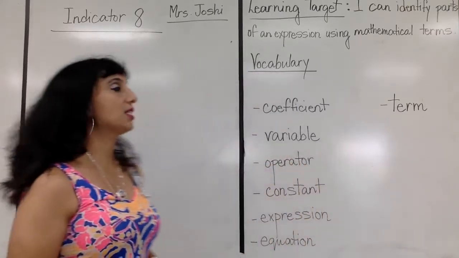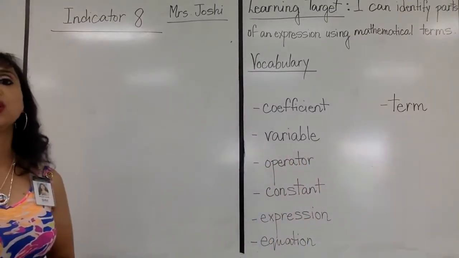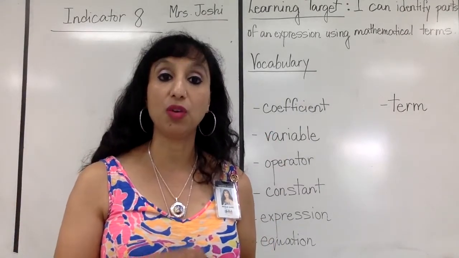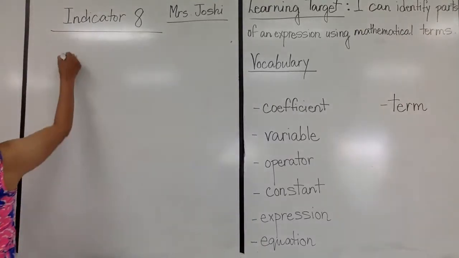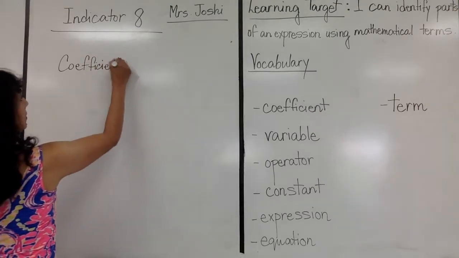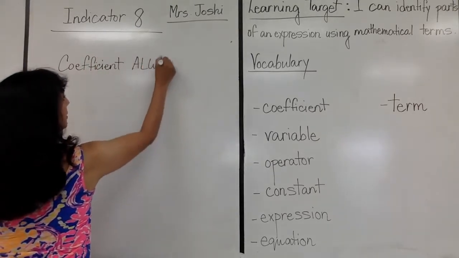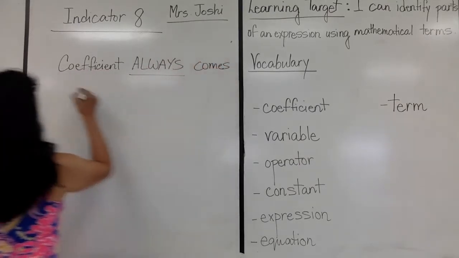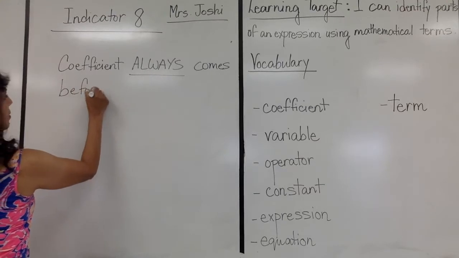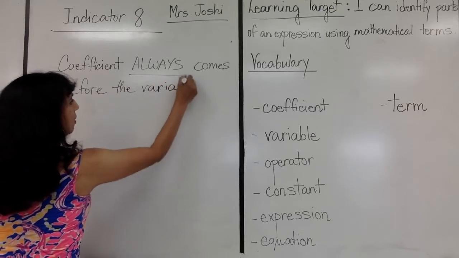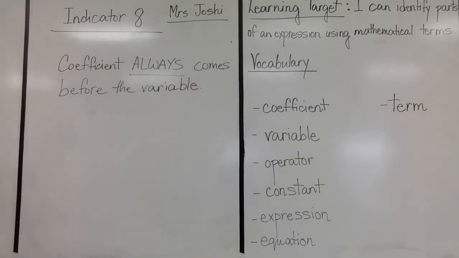So first thing is a coefficient. One thing I really want to get in your head: coefficient always comes before the variable. Coefficient always comes before the variable, okay? So this basically means if I am writing 3x,